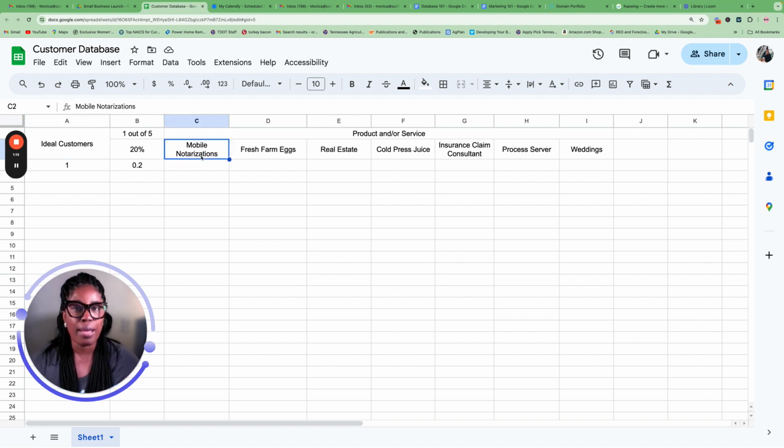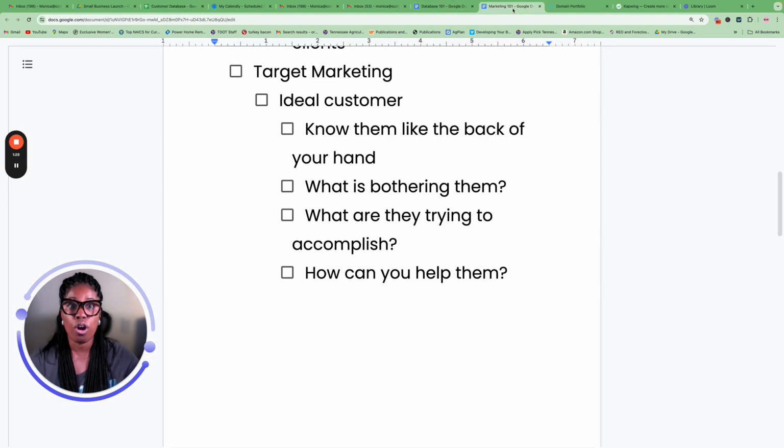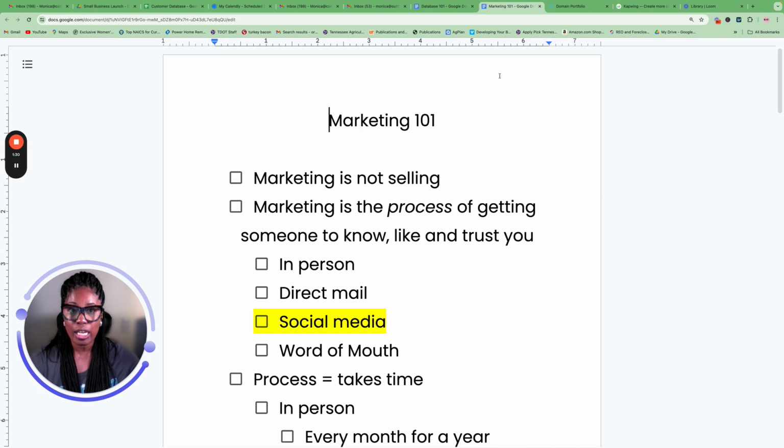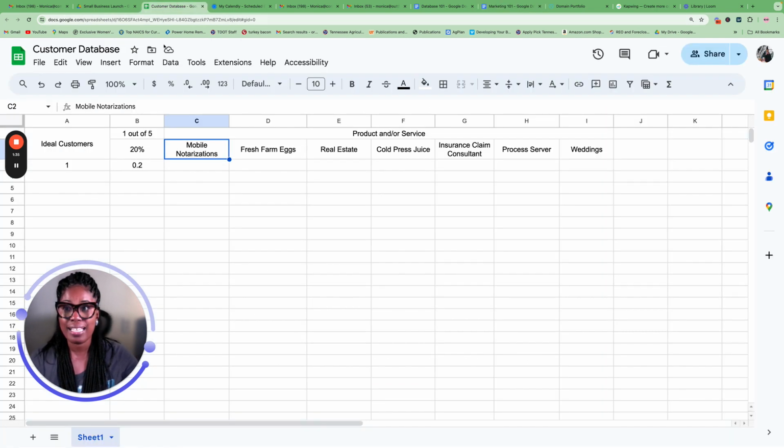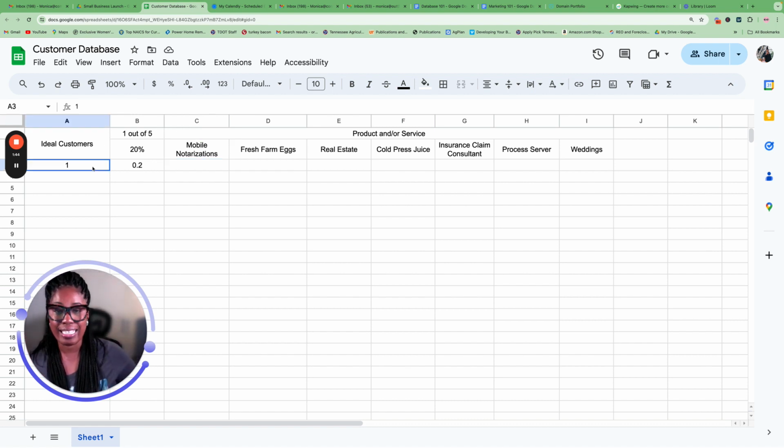Let's say you are a mobile notary and your business is slow and you don't know why. Well, I can tell you why: you don't have enough ideal customers in your database. Those customers get into your database by your marketing efforts, right? If you're not sending them the right message in order for them to get into your database, that means you're not going to make any money. That's why business is slow. So your job is to fix your marketing, target it to the ideal customers so they will enter your database,